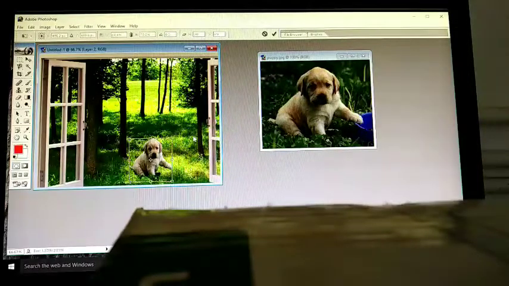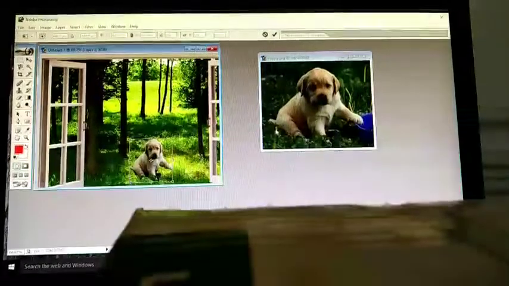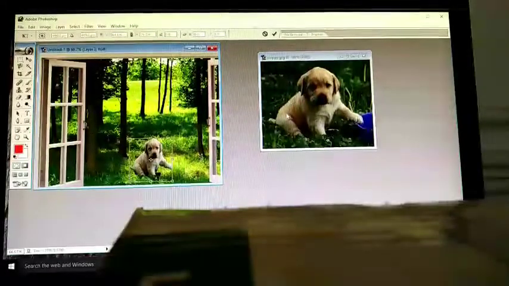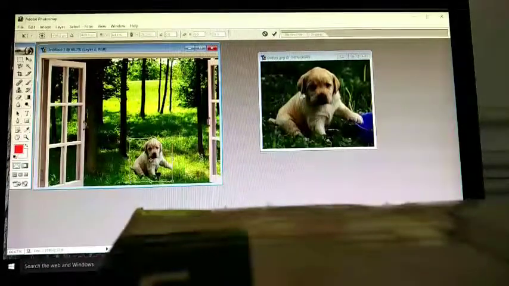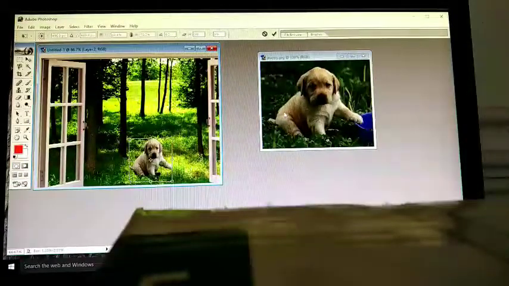Then what is polygonal lasso? It allows you to select the portion of an image by clicking at different points in the form of a polygon. Then magnetic lasso tool allows you to select the objects with complex edges. And what happened here? When you click the tool on the image and move the mouse pointer, the selection line sticks to the edges of the image and thereby making the selection very easy. So the easiest selection tool among lasso tools is magnetic lasso tool.